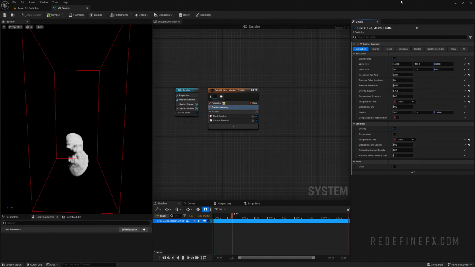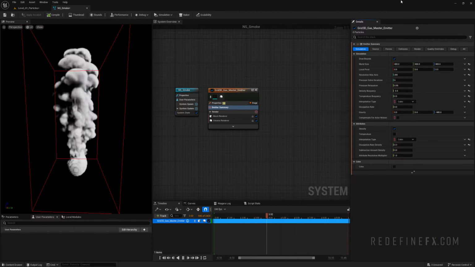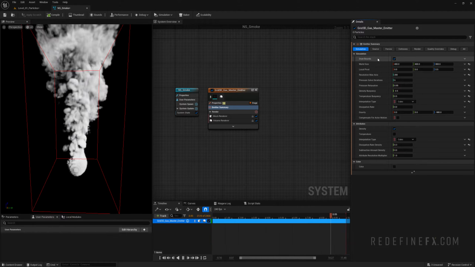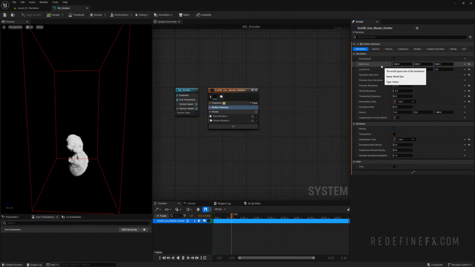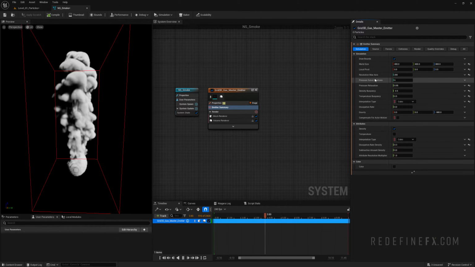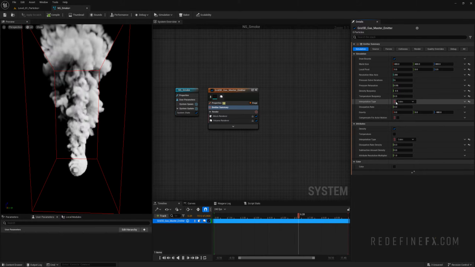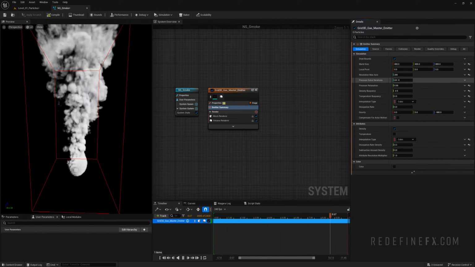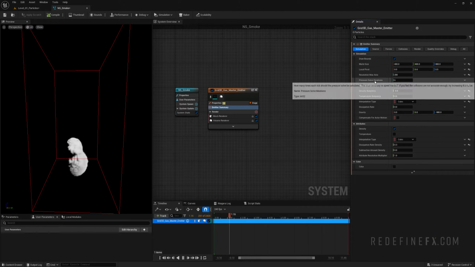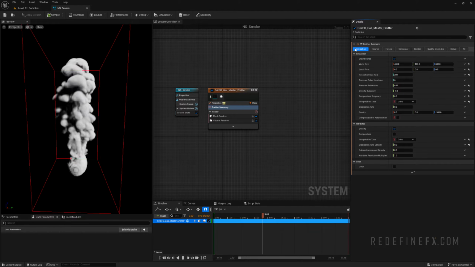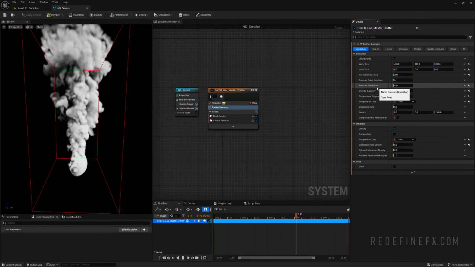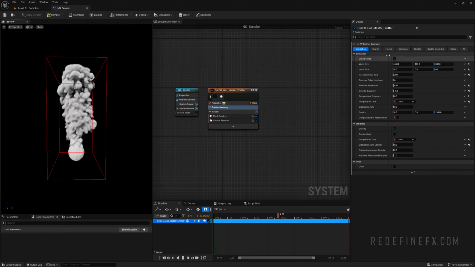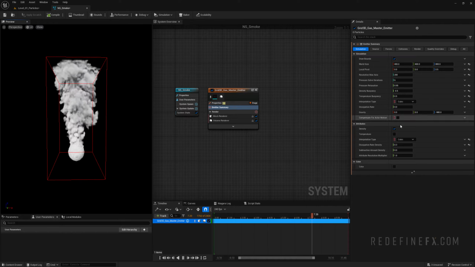So if you have experience with any other fluid simulation software, maybe you've watched some of my EmberGen tutorials, a lot of these settings are going to be familiar to you and they work the same way. So we have pressure, buoyancy, temperature, gravity, dissipation, right? A lot of these settings work the exact same way as they do in any other fluid simulation software. However, if you are completely new to this whole world, don't worry about it. We're gonna go over a lot of these one after another. I'm not gonna go over every single one, but I will point out a few of the ones that are